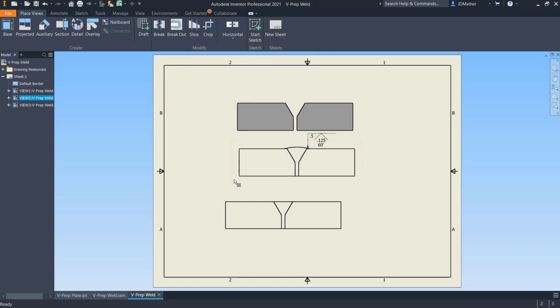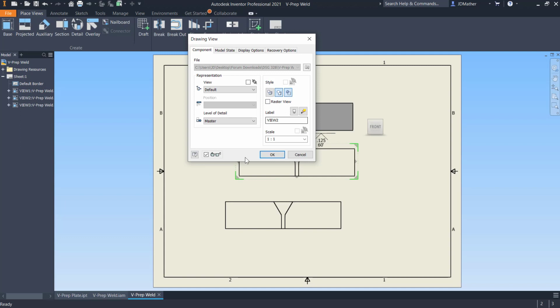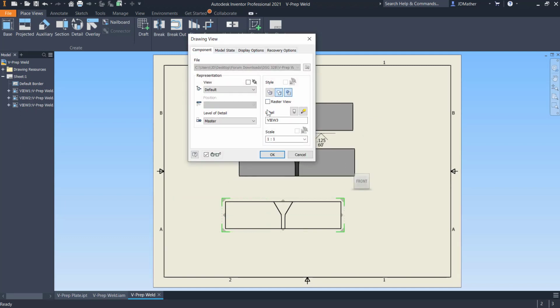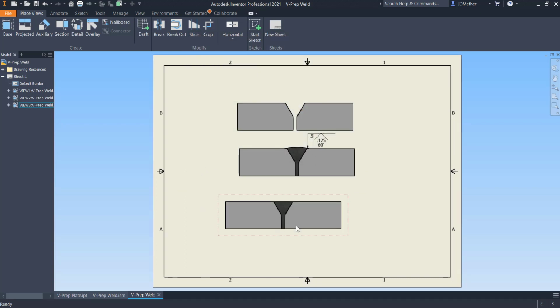Let's do that for all three of these. Now because these were created individually, that one is not a parent of the other, so I have to do the shading for each of those. Now maybe I want these lined up, so I'm going to select this view, and there's a dashed line that